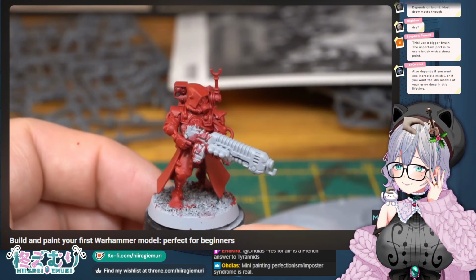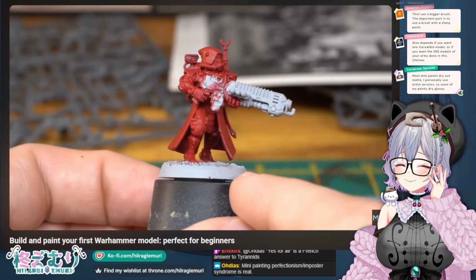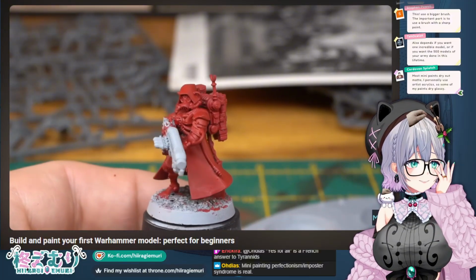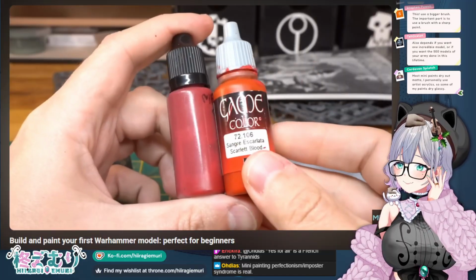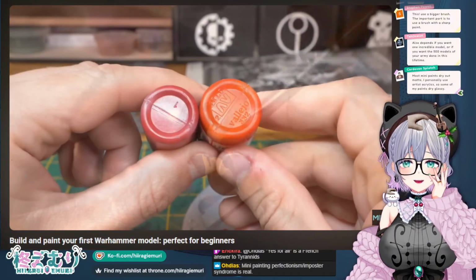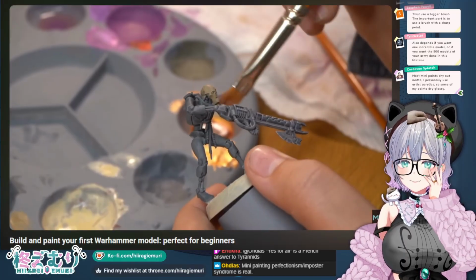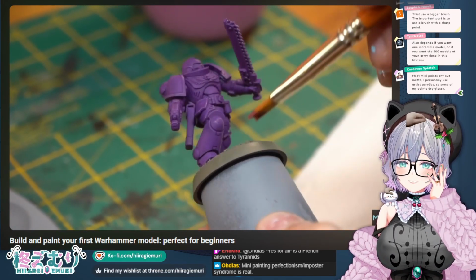Now we've got our main colour down, and before we start adding our accent colours, painting the weapons and stuff like that, at this point you might want to do something called dry brushing to add quick highlights to your main colour. Before we actually start dry brushing, we'll need a lighter version of your main colour. You can obviously buy a dedicated paint just for this, but don't be afraid to mix your own on your palette. So for Erin's Necron, we mixed a slightly lighter grey by adding a bit of white to the main colour she used. For Kristen's Space Marine, we added a bit of white and a tiny bit of red to the purple to make her...